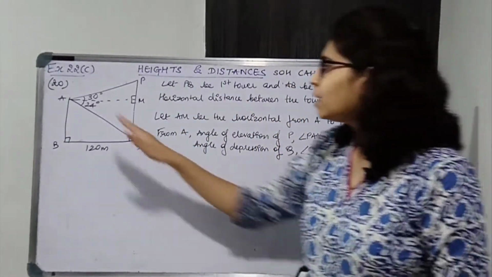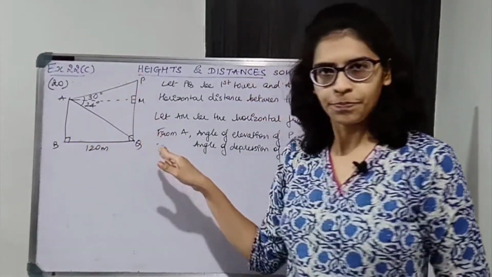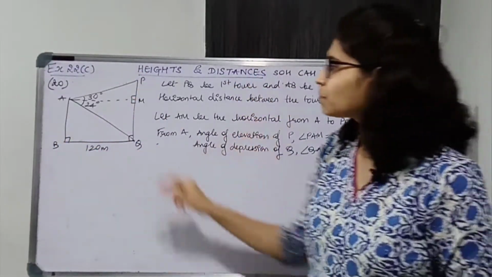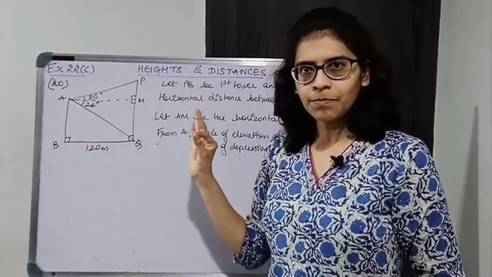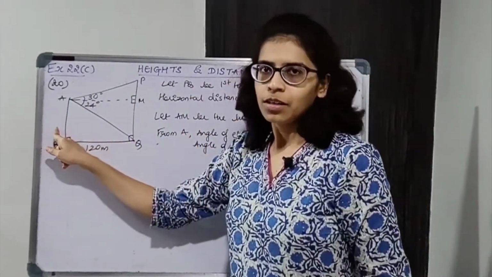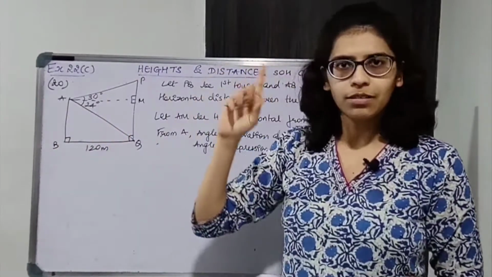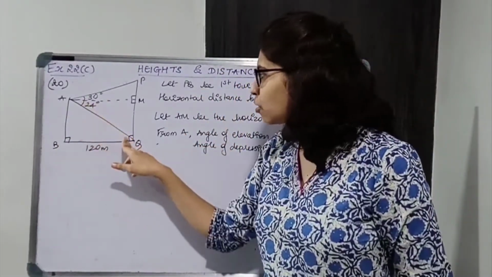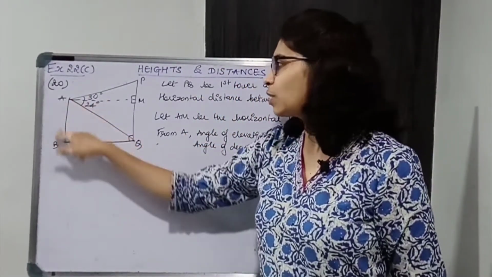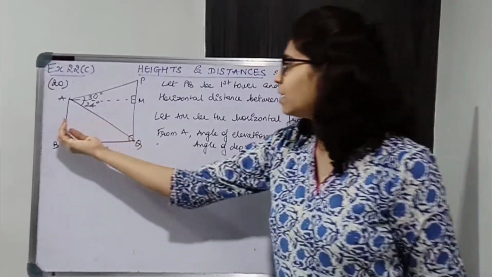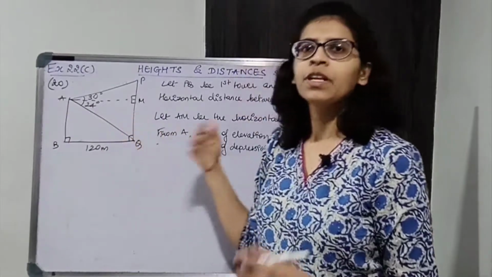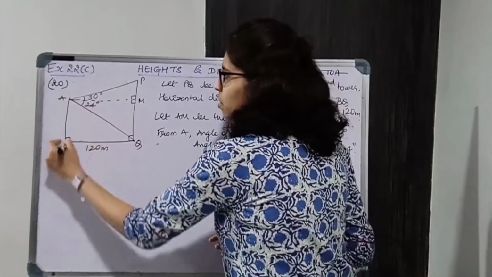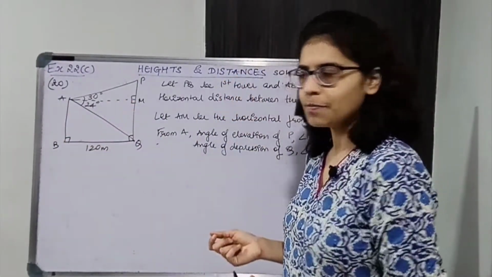So we need to find AB and PQ. But before that we know this is a rectangle. ठीक है. So AB you can find directly as I told you earlier. You can find angle of elevation and consider this triangle. So AB मिल जाएगा. And then relate AB with MQ. So anyhow you have to relate AB with MQ. How will you relate? Using this rectangle. ठीक है.